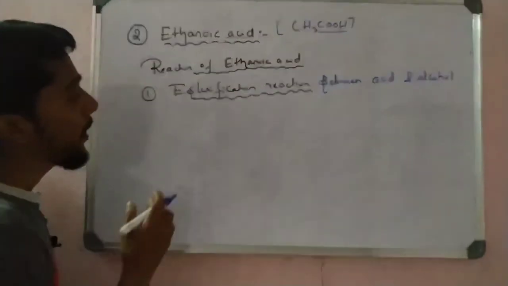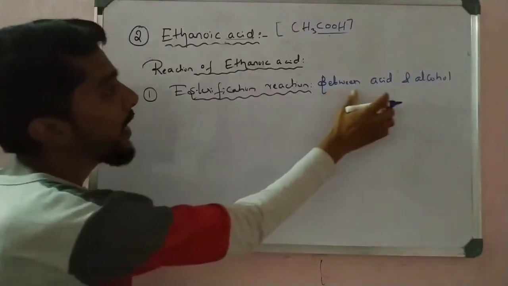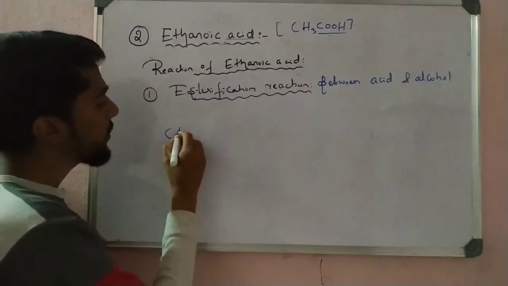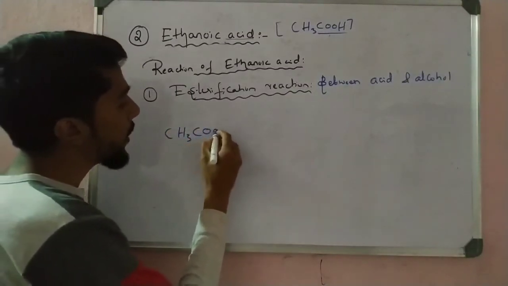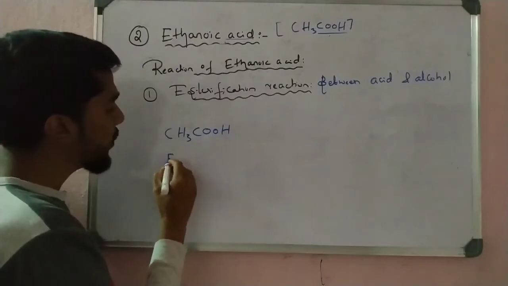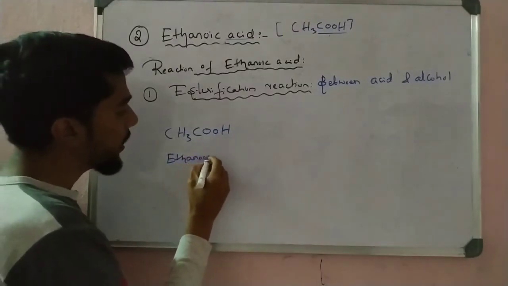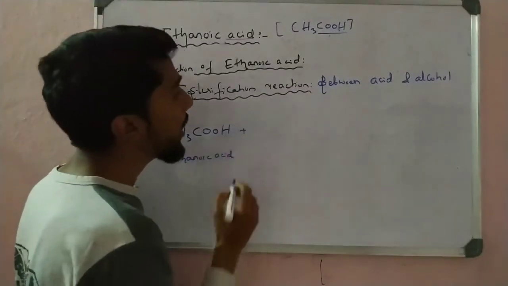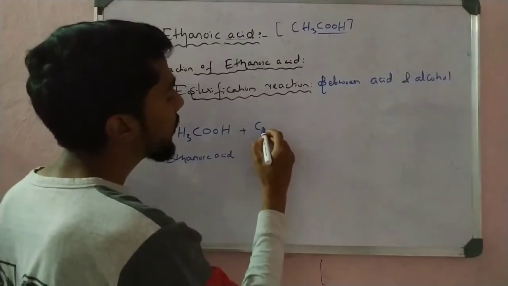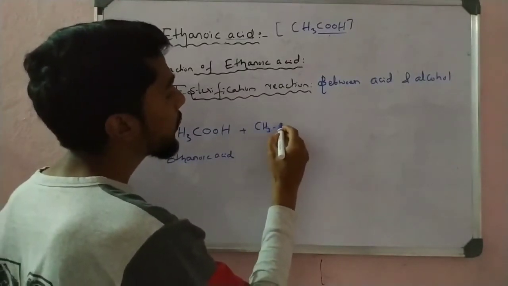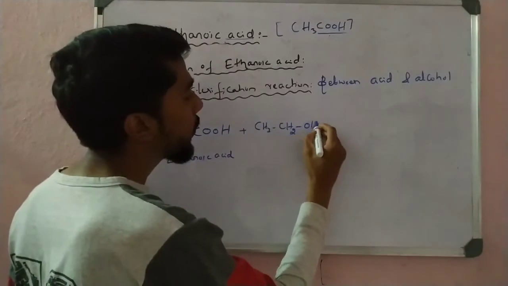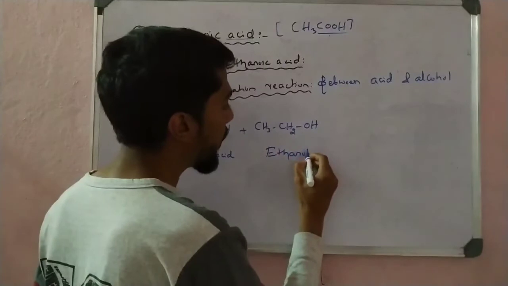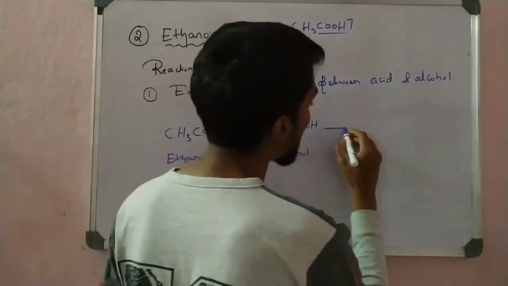Okay, so see here, I can write down here. First I take the acid. We know about the acid, that is acetic acid, CH3COOH, ethanoic acid. I mention here ethanoic acid, which reacts with alcohol. Alcohol means ethanol, which I can write here as CH3CH2OH. So that is ethanol, alcohol. Now let us see what the reaction is here.